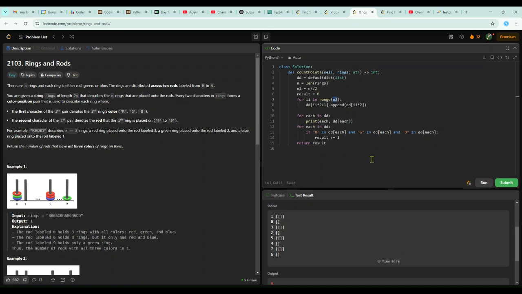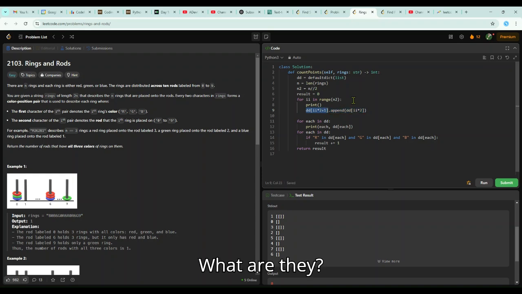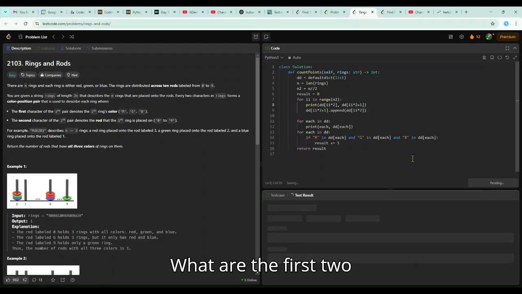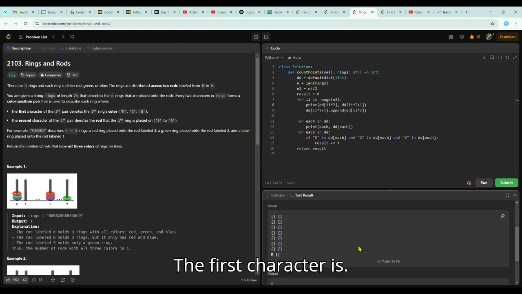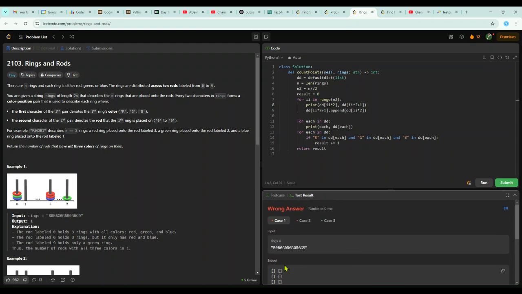It's 0, 2. What are they? What are the first two characters? The first character is